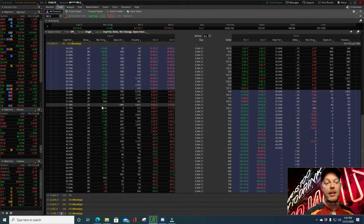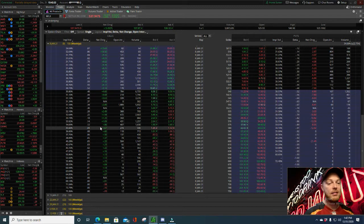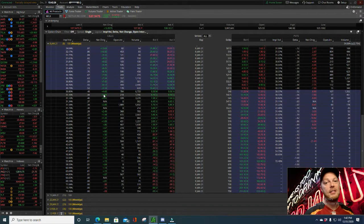Netflix has moved a lot today, so as you can see, some of these contracts are up over $4.50. They've doubled since the open. This stock, as of right now, is on fire. So you're not always going to see these type of numbers, but as you can see, if I wanted to